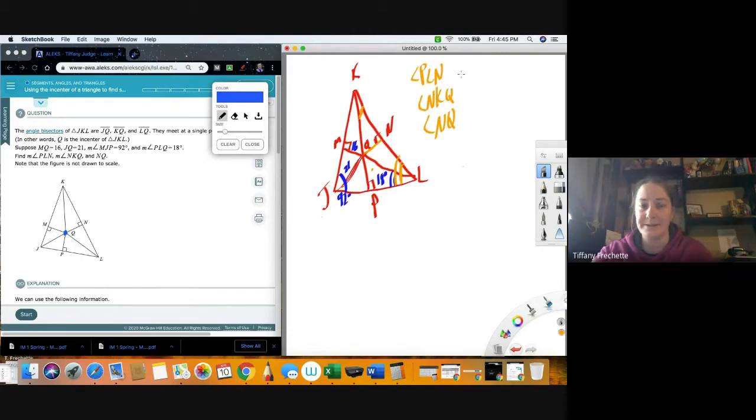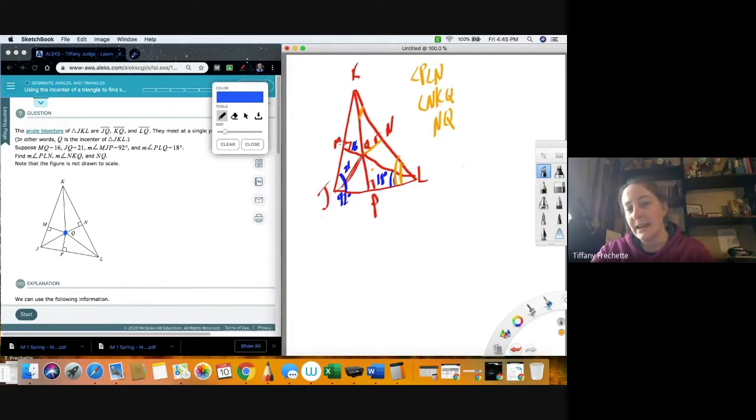And these three pieces, we can find with the information we were given on angle bisectors and the incenter. So I just realized I put an angle mark on that one, which is not an angle. This was just side NQ. Sorry. All right, so this one is actually by far the easiest one to just grab really quick because they